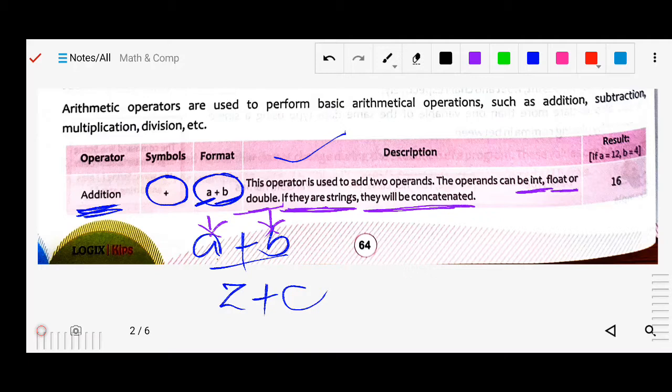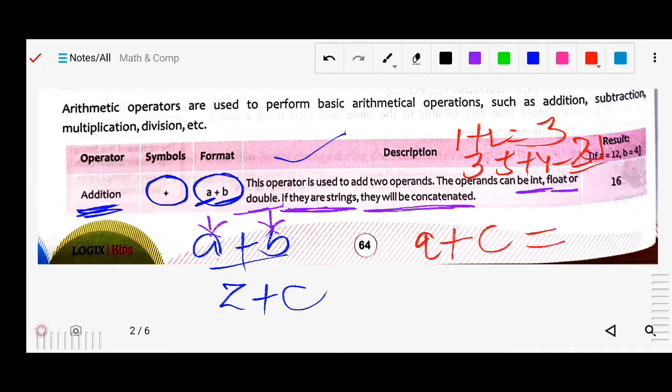If 1 plus 2, it will give 3; 3.5 plus 4 will give 7.5. But if we write a plus c, what will be the answer?